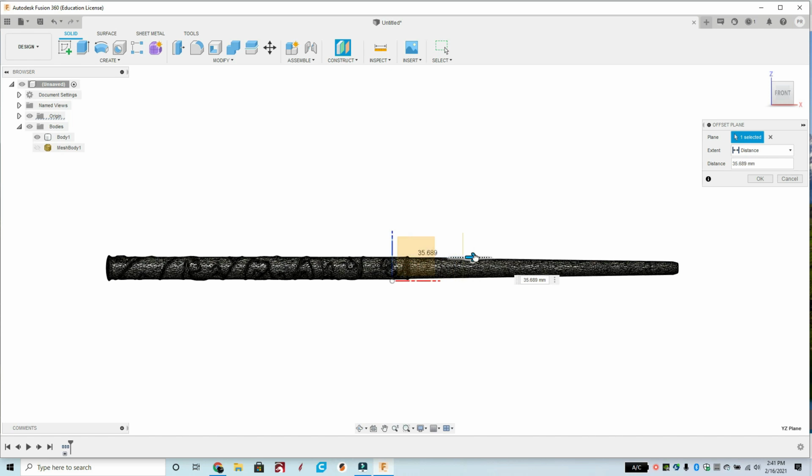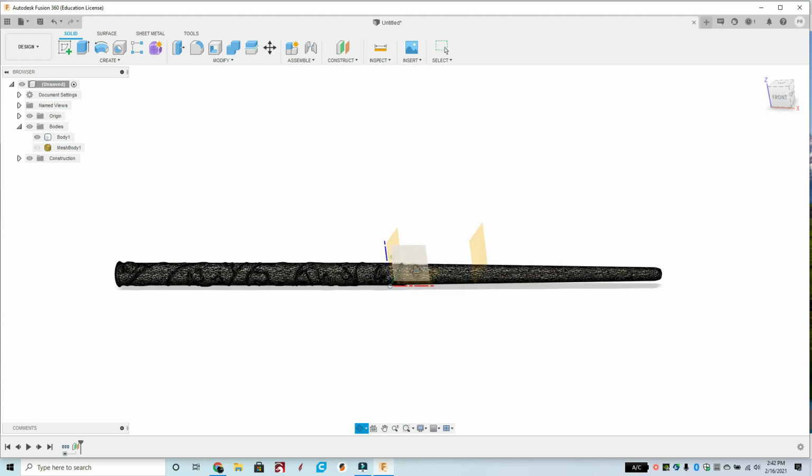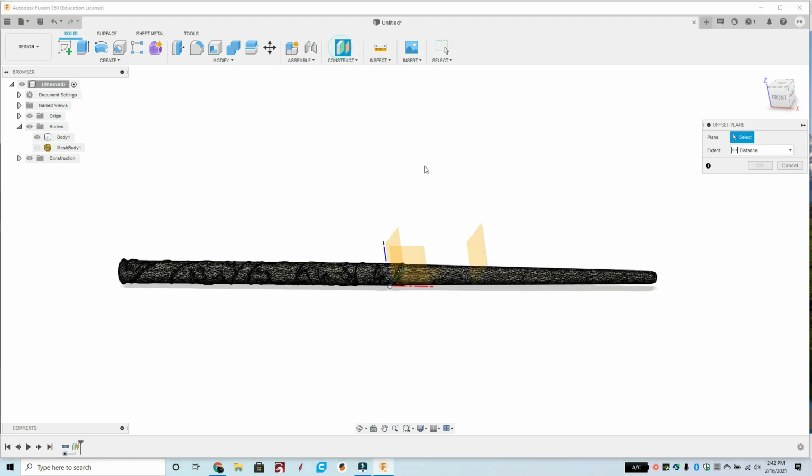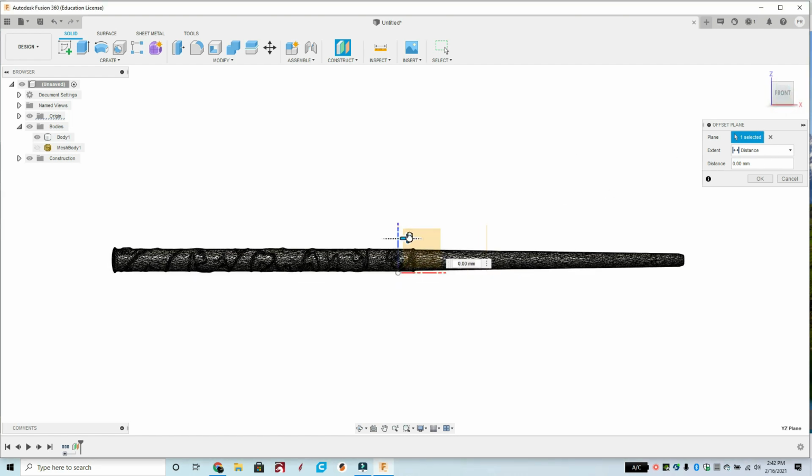bring it over roughly there. Doesn't have to be perfect for what I'm doing right here. I just need to know it fits. And then there we go. And then I'm going to do the same thing. Construct offset plane. Hit this thing again. And then I'm going to go backwards to 45. All right, now we have 2 spots